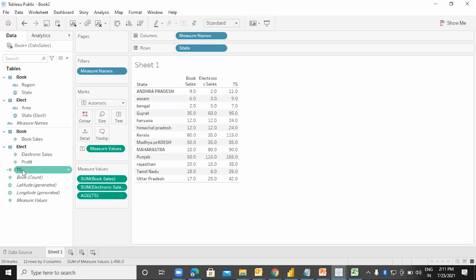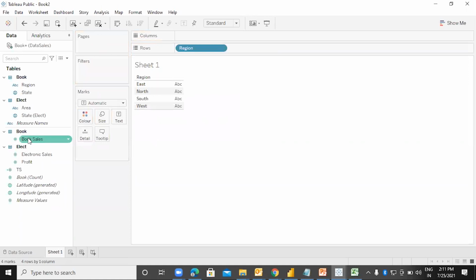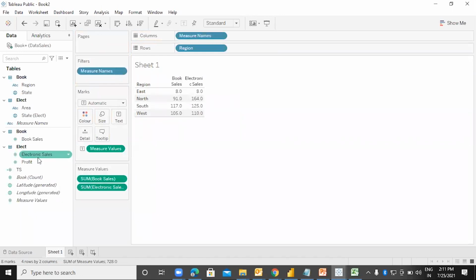So you are getting the data from two different data sources in one visual. Let us take one more example, and this time I will like to take the region from the books, and I will like to take the book sales, and let's take the electronic sales. The beauty of Tableau over here is I'm able to get the data over here as well.